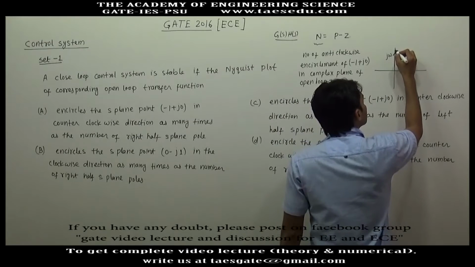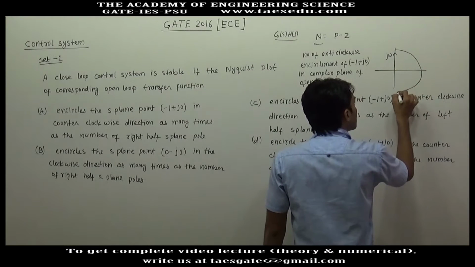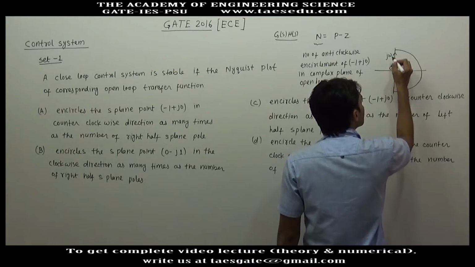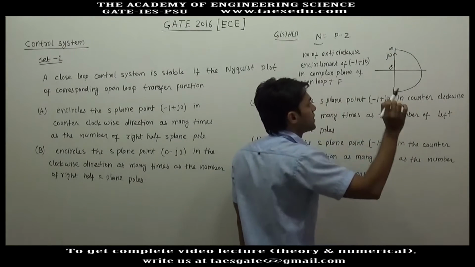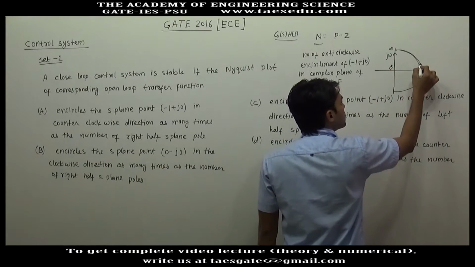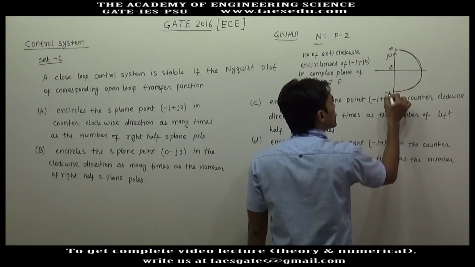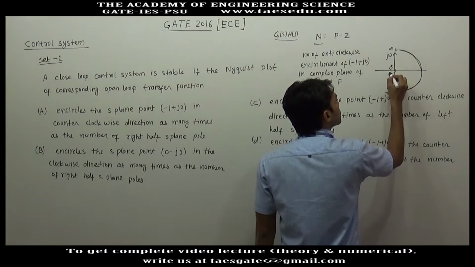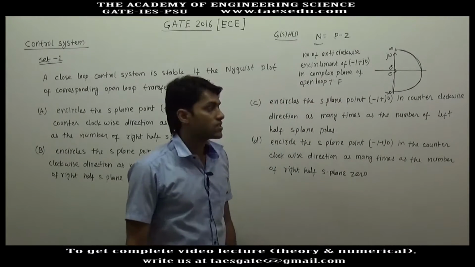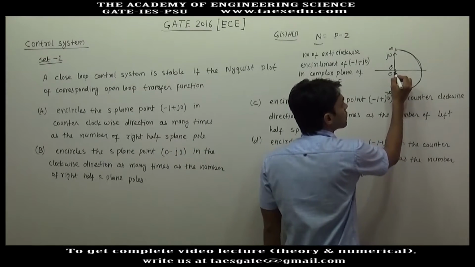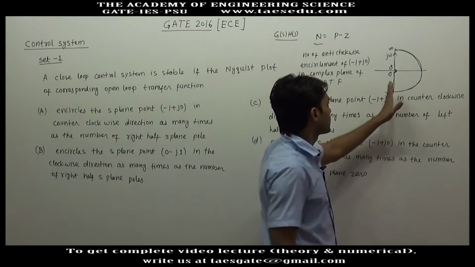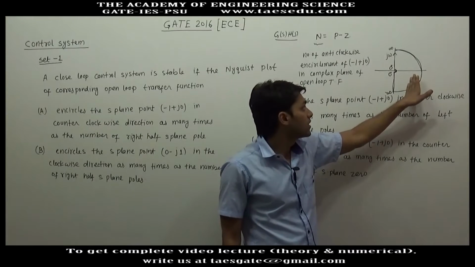Then making infinite radius, we move from 0 plus to plus infinity, then making a radius of plus infinity, we move from plus infinity to minus infinity, and then we again go back to 0, then making a radius tending to 0, we again reach from 0 minus to 0 plus. So this way we cover the entire right half of the s plane,